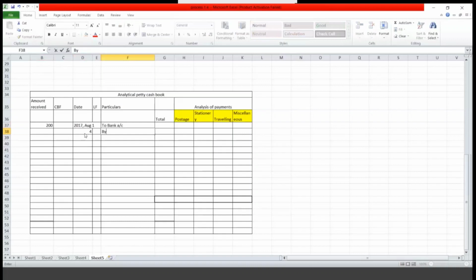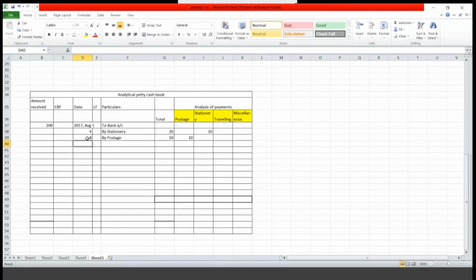We will write down as by what they have paid first, paid for stationery. First enter in the total column and then write down in the individual item. So I entered in the total column and again in the stationery column. We paid for stationery. Next one, purchased postal stamps. So it can be entered in postage, right? So write down by postage. What is the amount? 10 rupees. In the total write down 10, and again in the postage write down 10.